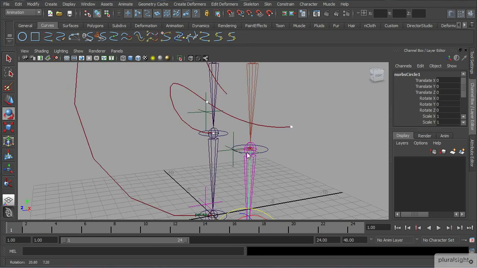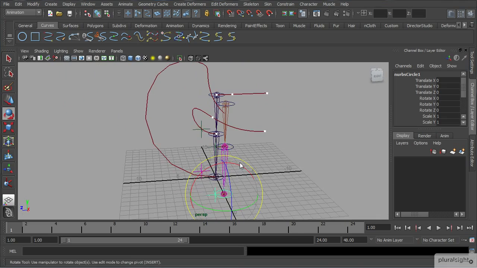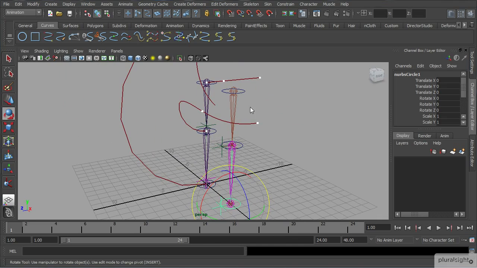So one of the ideas is to put as much emphasis on translation as possible. So translation will work the best overall for seeing our motion trails. Rotations work decently. Scaling, I haven't had too much luck with